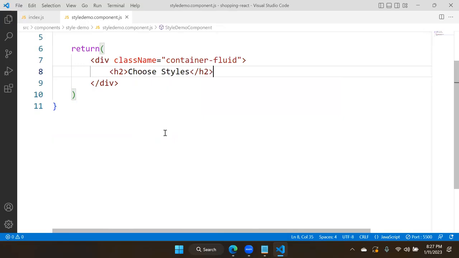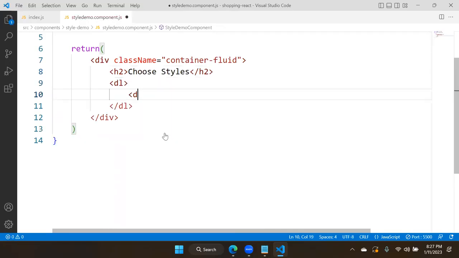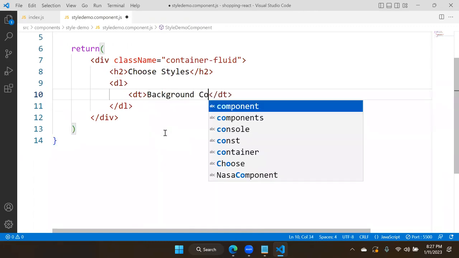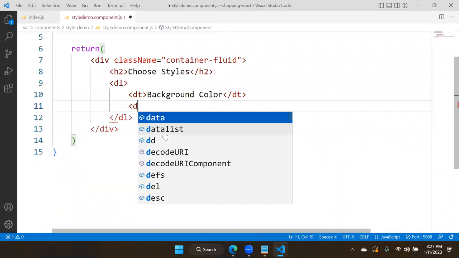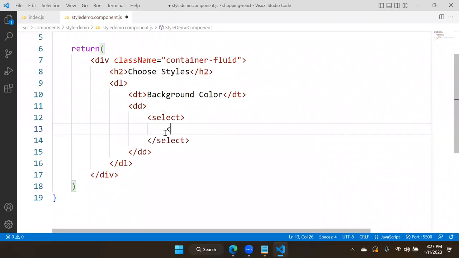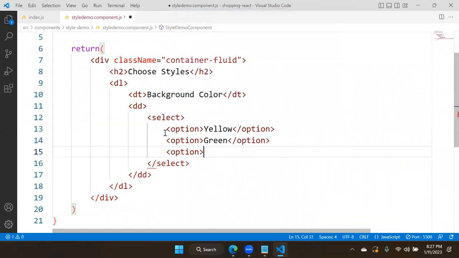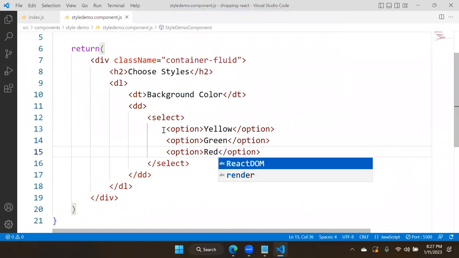Okay. And I will put a data list, data term. So here, background color. And I will keep a data definition. I will keep here a select. Select, we have an option. So we have like some yellow. So we have an option like some green. Like this we are defining. So we have like red something. Now these are